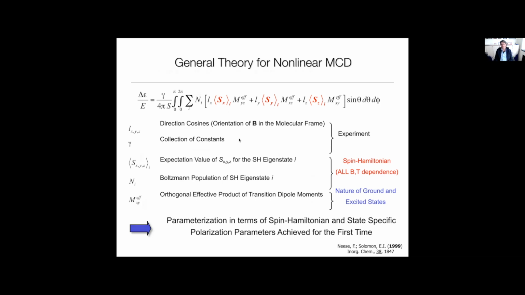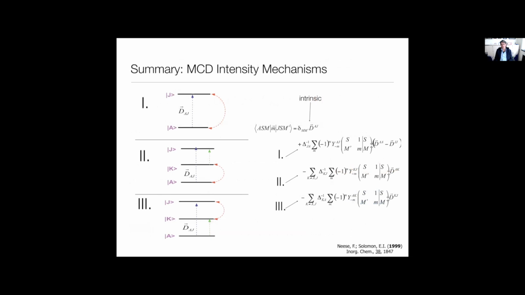But that is not really the point here. Now we want to talk about XMCD, and oh, sorry, I forgot to mention that. In order to get MCD intensity, you need spin orbit coupling. And there are three principal mechanisms here. The first one is a direct spin orbit coupling between the ground state and the final state that you reach in the excitation. That is a very small and also weak mechanism. So the main mechanism here is that the ground state spin orbit couples with an intermediate excited state, and J is the final state that you reach.